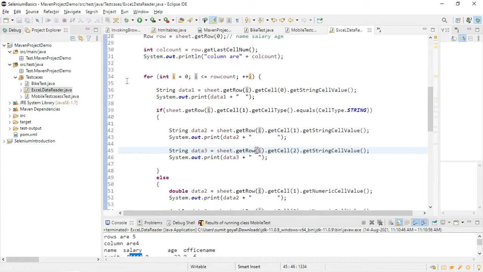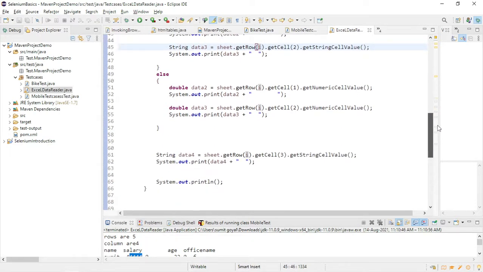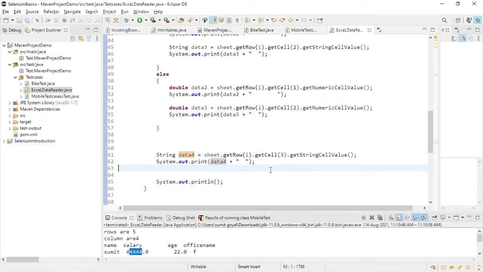Once you get the data, if you want to enter some data into the text box, you say driver dot find element by dot xpath dot send keys, and in the send keys you need to provide this variable name, right? Whatever the variable name is, you can provide it. You have to do this activity. But we have seen how we can fetch all the data from our Excel sheet. Okay, after that, now there is one more.